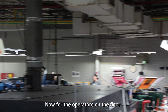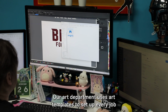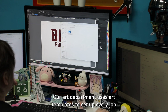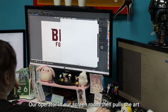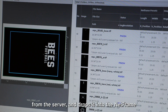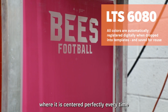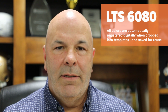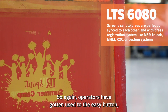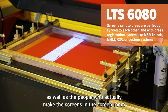Now, for my operators on the floor, we're all about rapid registration. Our art department uses art templates to set up every job. Once that's complete, it goes on the server. Our operator in our screen room then pulls the art from the server and drops it into the net frame where it is centered perfectly every time. This allows us to set up jobs in minutes versus hours. So again, operators have gotten used to the easy button as well as the people who actually make the screens